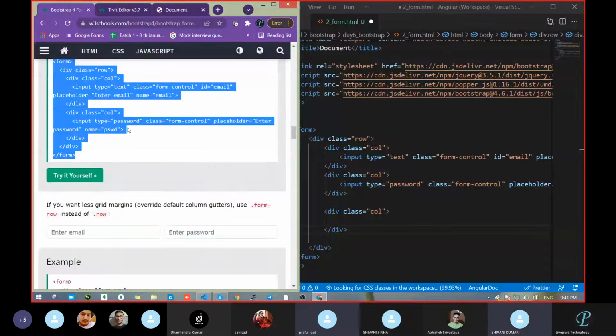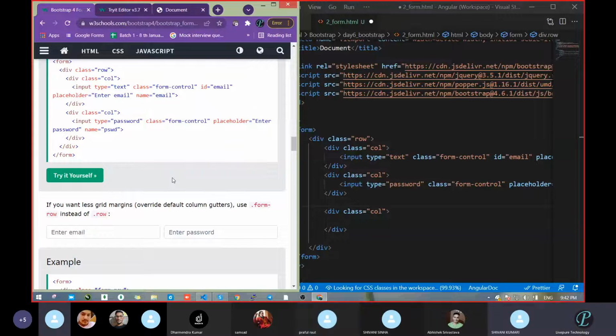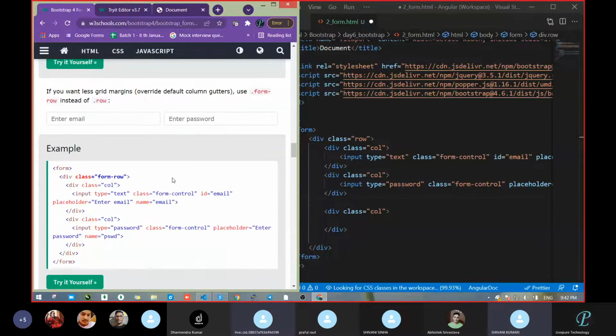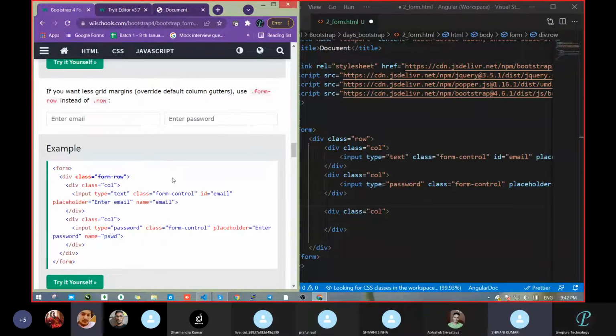Sir, it will be blank. We have not given anything in the last. Sir, but I think if we pass any value, the button will come. Okay, it will take a space, but we will not be able to see anything there. But it will take a space. Why will we not be able to see? Because there is nothing in this, so we can't see. Okay, but on UI, how will you realize that it is a space? The space will be empty there.